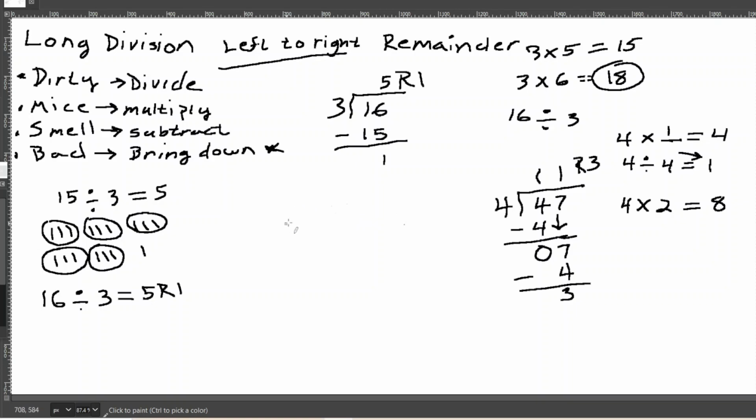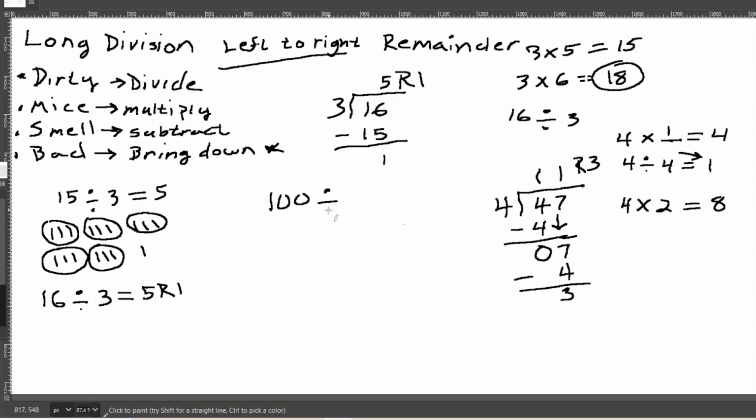But anyway, let's at least try one more. So let's see. Try not to pick too big of ones, right? I don't know. I'm trying to think of one now. Maybe something like